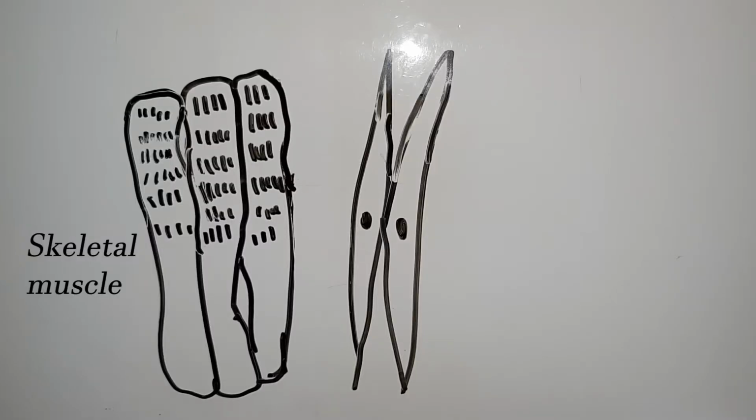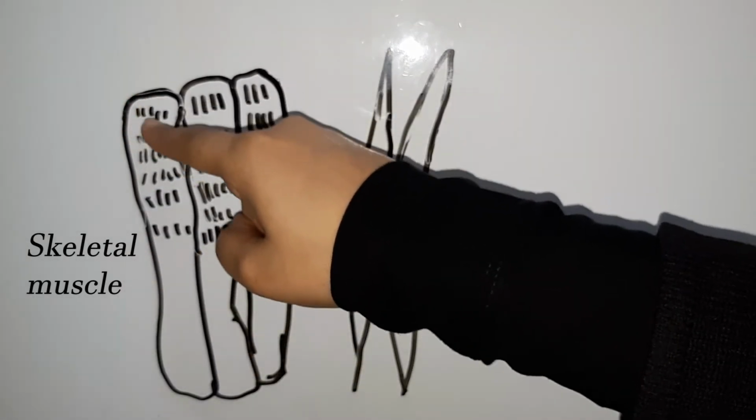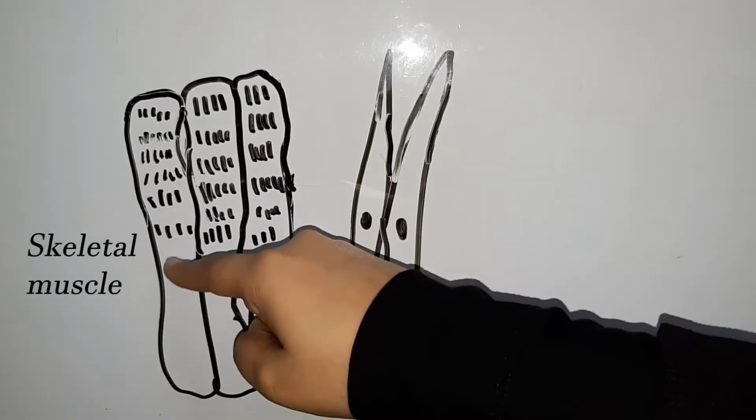Starting off with the first one, that is the skeletal muscle. The function of the skeletal muscles is to move the skeleton. They are also called voluntary muscles because they can be moved by a person based on his or her own will to move the body. They are also called striated muscles because they are composed of striped muscle fibers as shown here. These muscle fibers have stria or stripes on them throughout their length.